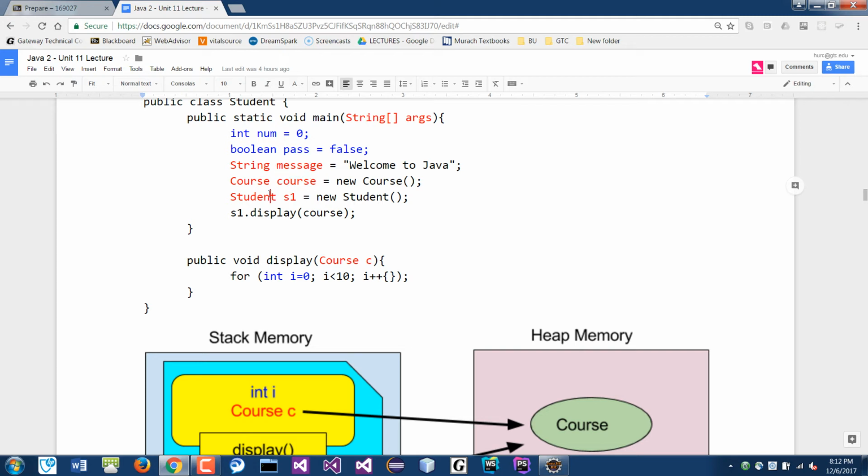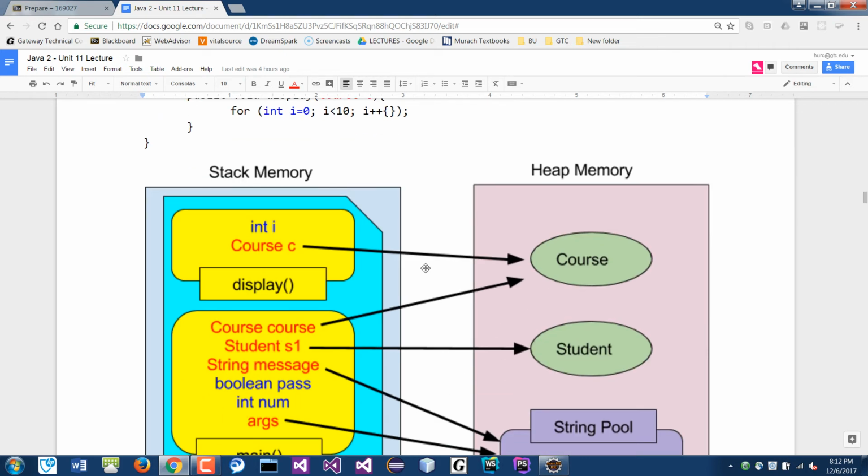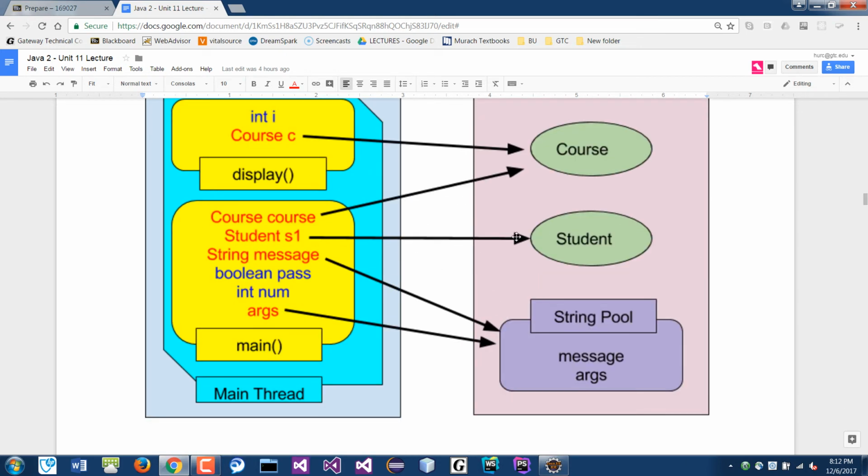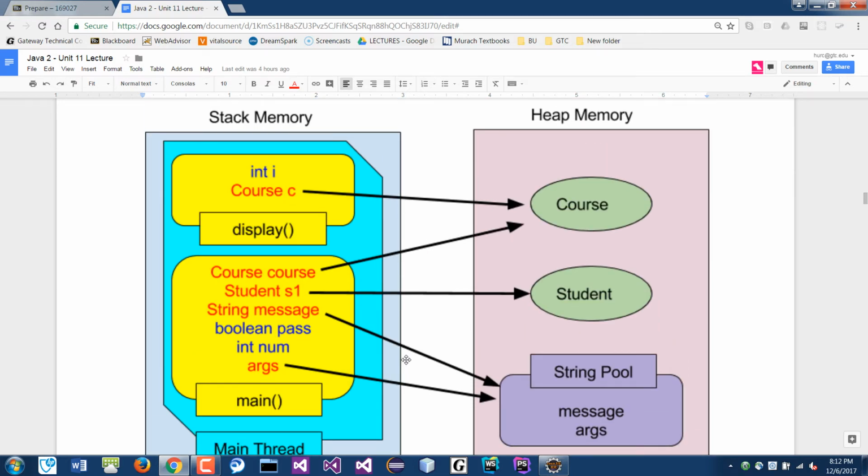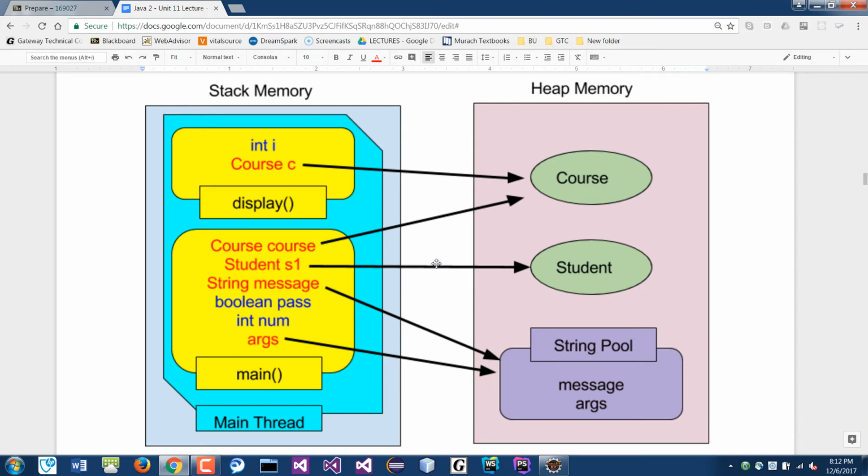And same thing with course, because that's the one we create. Same thing with student. And here string is again an object. So you can see if you put into the list here, starting from the bottom up, on this side. The reason I say that is because if you think about a stack, what does a stack